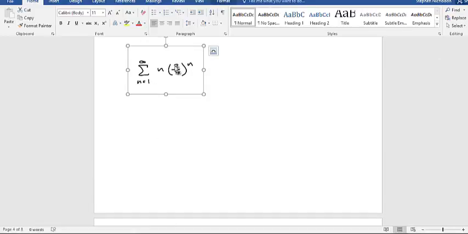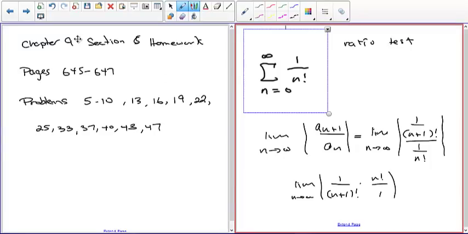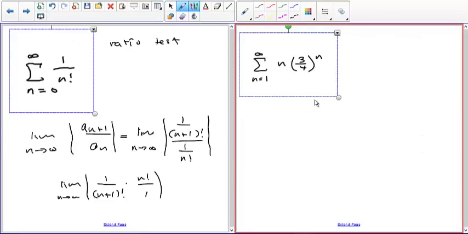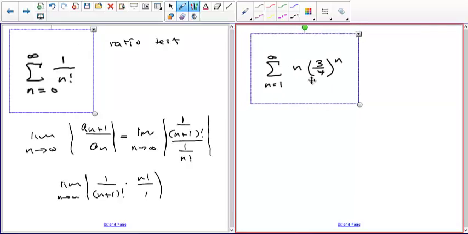So we didn't do this one, so let me copy that. So if it wasn't for the n part, that would be a geometric series. So we have r raised to the n power. Remember, p series is n raised to the p power, raised to some fixed thing. So in this case, n is the exponent. So because of the other n, we can't use the geometric series test. And the direct comparison, or the comparison tests, yeah,